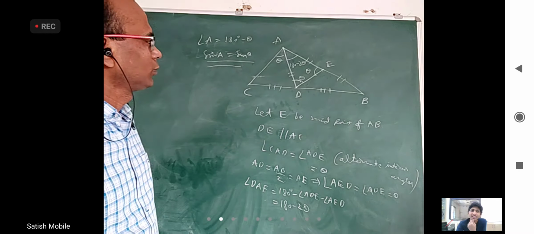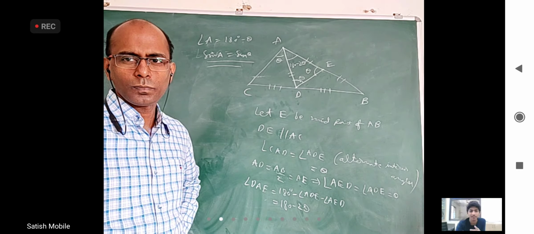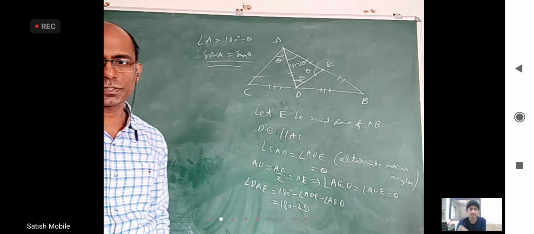Midpoint theorem means? Yeah, that's how I could write this. That's why DE is parallel to AC, we could write like that only. Yes, D is the midpoint of BC, E is the midpoint of AB. By joining them, it is parallel. That's how. So everything is geometry only here. Nothing about 11th class knowledge.